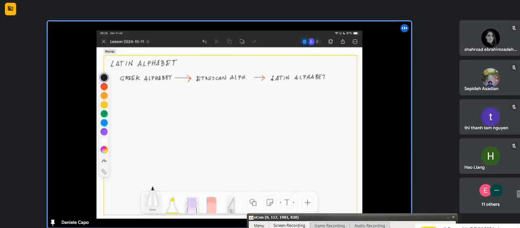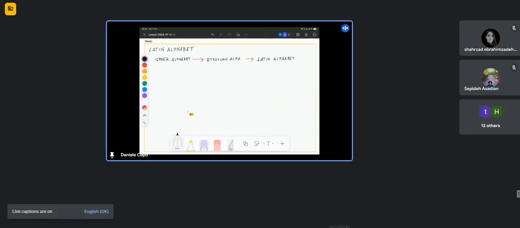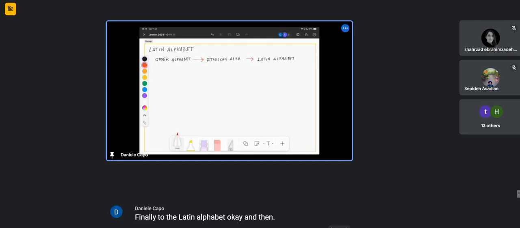The origin of the Latin alphabet, the genealogy of the Latin alphabet, can be described in this way: from the Greek alphabet to the Etruscan alphabet, finally to the Latin alphabet. Okay, then